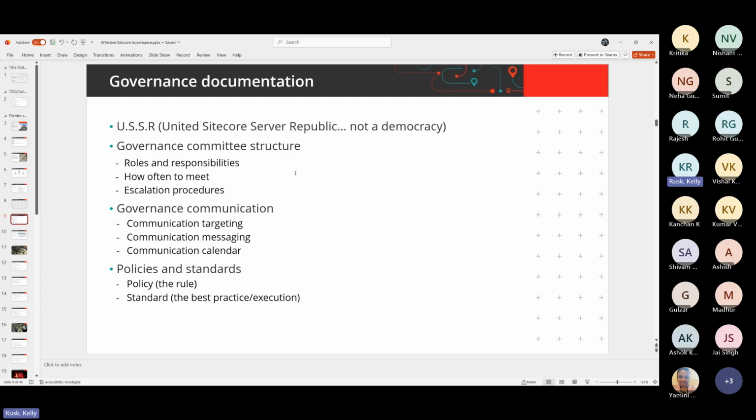You're elected by all your colleagues and your users of the website. All your public users depend on you to have good governance to keep the website operational. You want to create a governance committee structure that elicits out the roles and responsibilities, how often you meet, and escalation procedures. So this is very, very actionable.